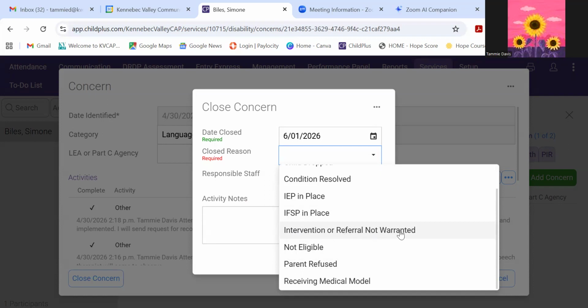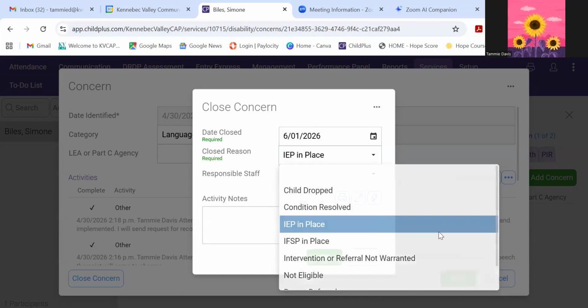But this is more about the steps prior. So either they had an IEP or they were not eligible, either one of those will work. And then we talked about receiving medical model, which happens a lot. So if you have a child that you did a referral to, or you didn't do the referral, but you have a concern open, and they start receiving medical model, you can close that concern and you can use this as your indicator. So for today, though, for Simone, we're going to do IEP in place,